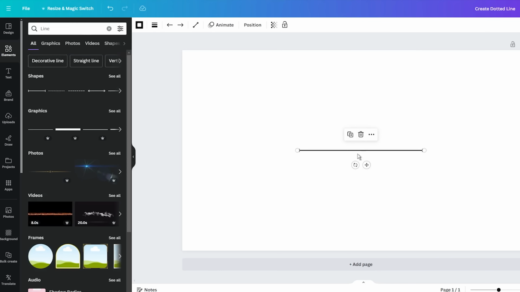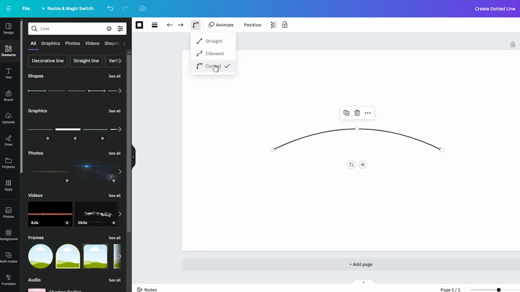At the top of the editor, you will see a toolbar with different icons. Look for the one that looks like a squiggly line. Click on that and you should see three options: straight, elbowed and curved. Now you can place the curved line wherever you want on the canvas. But here's the real interesting part. You can control how curved it is. See that little white dot in the middle of the line? If you click and drag that, you can make the curve more